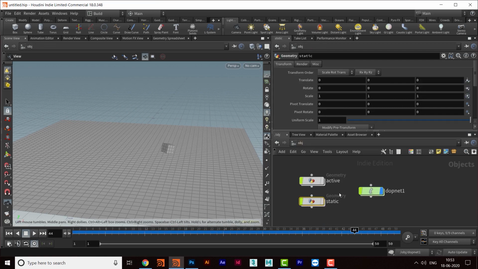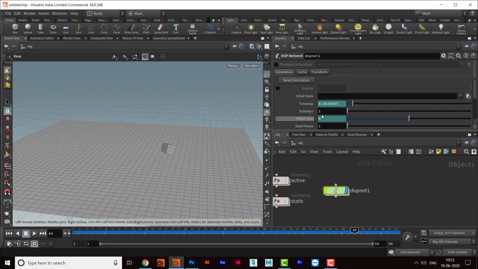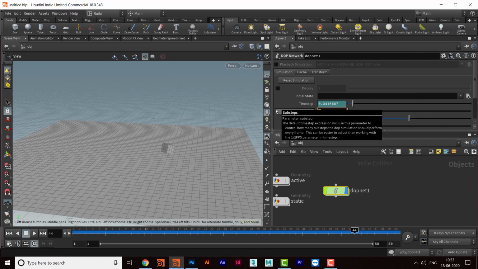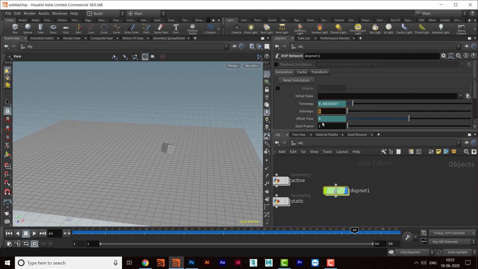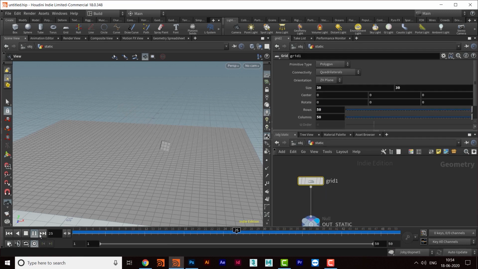Okay, so that is one way. Maybe there are some other ways also. We can go to this one and change the sub steps value, so it will make more calculations within 2 frames. I'll make it 4, and then let's see how it's working. Check it out. Now it is working well. So we can do these two things while creating these kinds of shots. Houdini has 100 ways of solving a problem. Maybe it is just a matter of time which kind of solution comes to your mind.